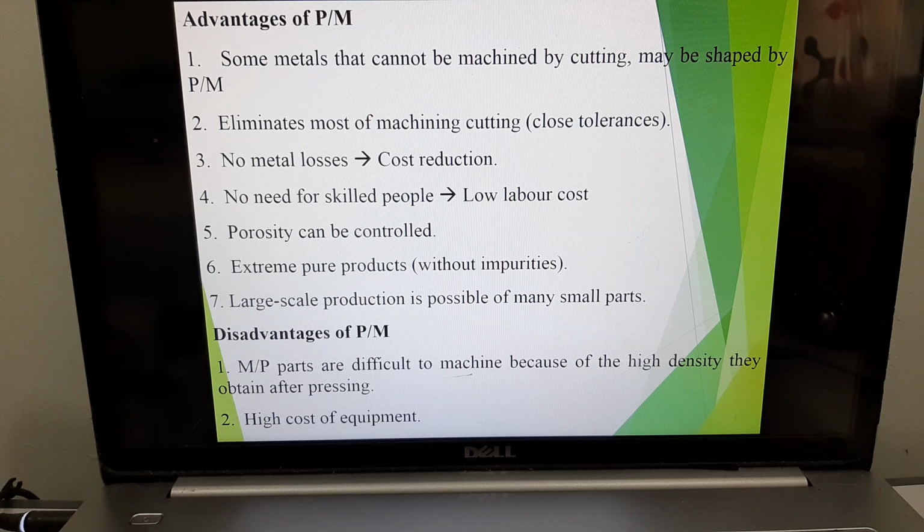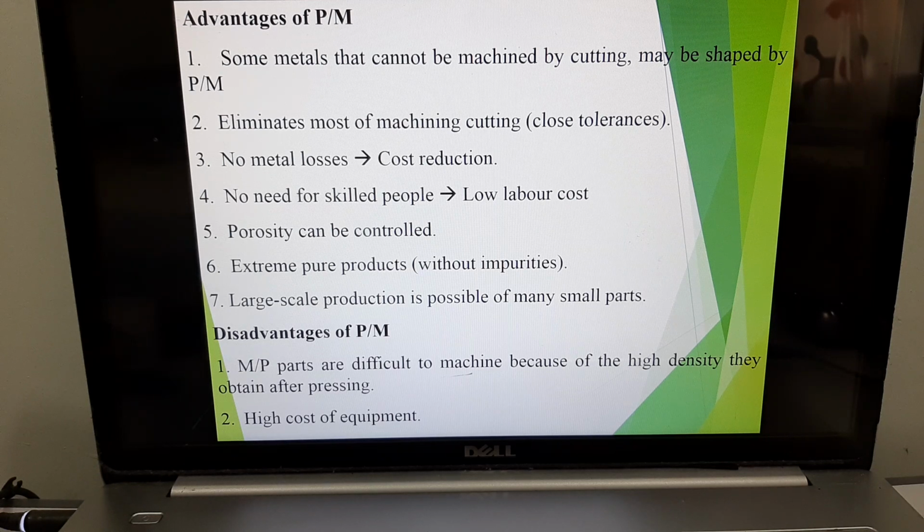You have no need for skilled people. It's low labor cost. You get extremely pure products. You do not have impurities because you're using your powder, which is 99 or 100% purity, and there is large scale production. However, the disadvantages of